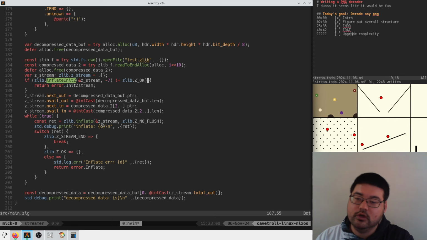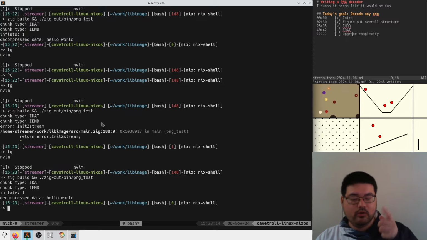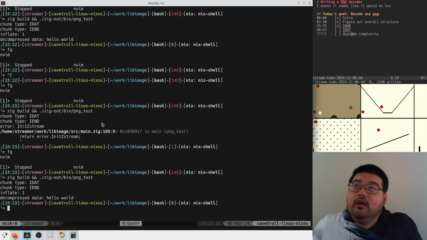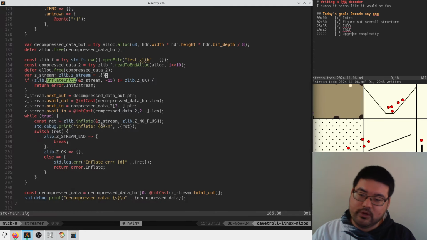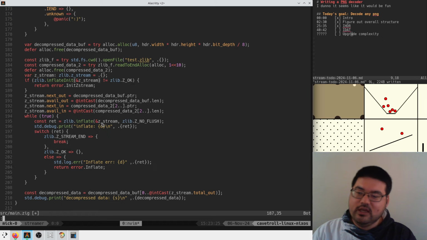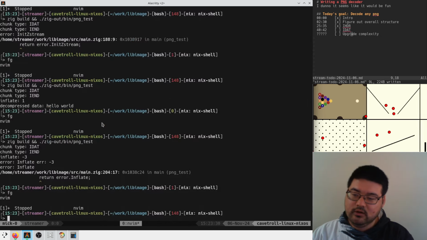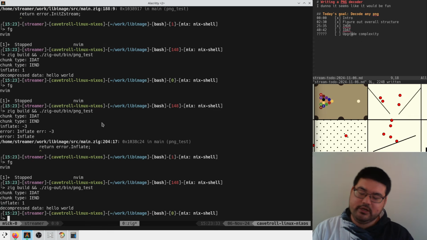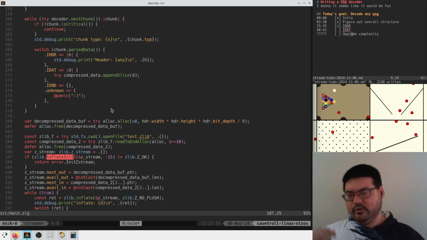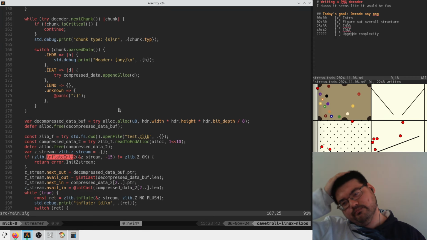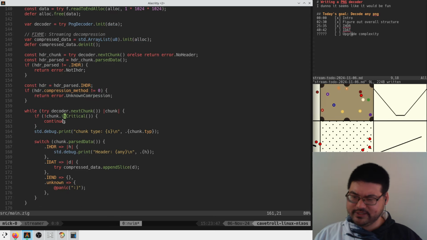He's mad about init zstream because this is going to be -15, my bad. And that also works, right? So the idea here, that we can strip the header and use raw decompression, works great. Because again, if we take this inflate init 2 off, he's going to try to read the zlib header. It's not going to work, which is what we expect. So we should be able to decompress raw deflate data,